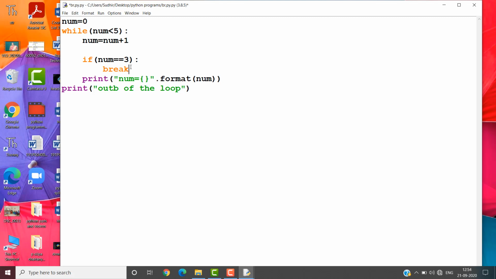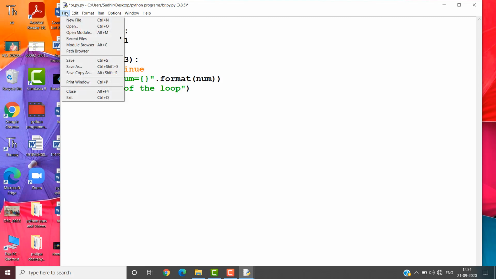Instead of break, I want to place continue. What will happen? The continue will skip the specific statement and it will continue over the next statement. It will not print the particular statement and it will continue over the loop and go through all the other iterations. It will skip at that point and continue the remaining loop.